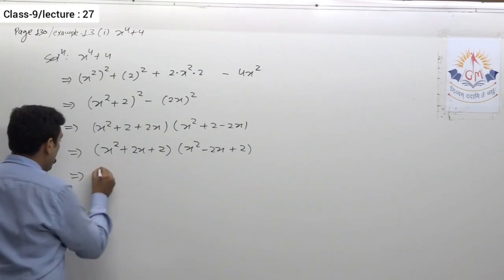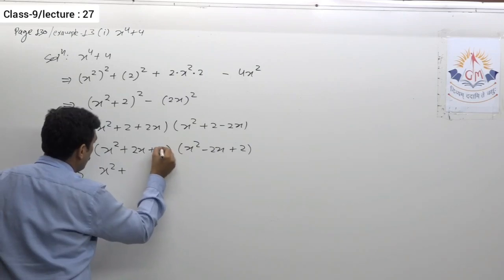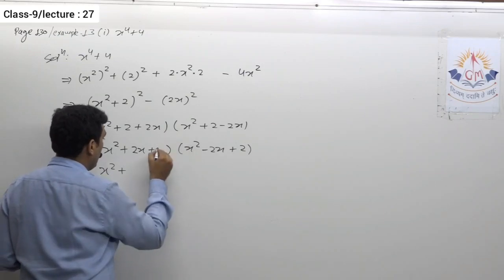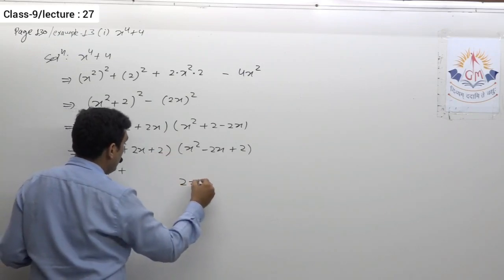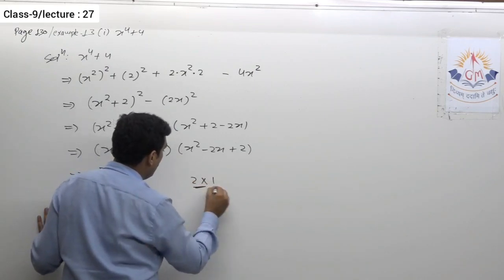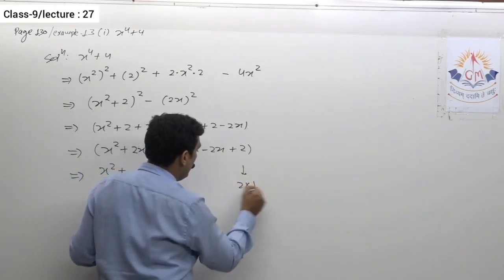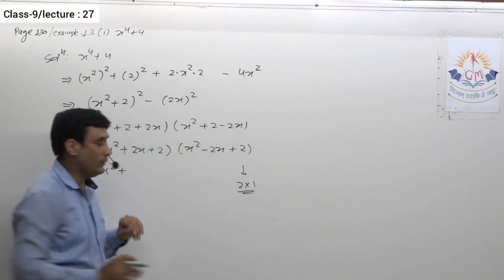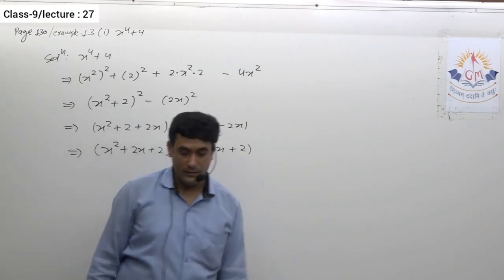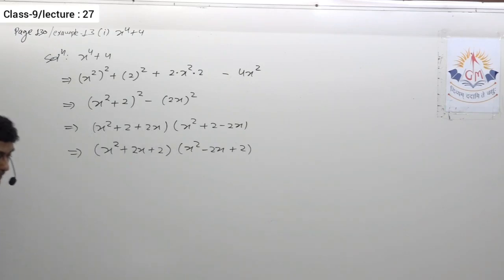So let us see. For that, here I write x square plus, and I have to find the factors of 2. Factors of 2 are 2 and 1, isn't it? 2x and 1x. Factors of 2 are 2 multiplied by 1. If I take this combination only, their sum is not 2, neither is their difference 2. Here again, if I take the factors of 2 as 2 into 1, neither their sum nor their product is going to be 2. It means it is not possible to factorize these further. So this will be our final answer. So please note it down.